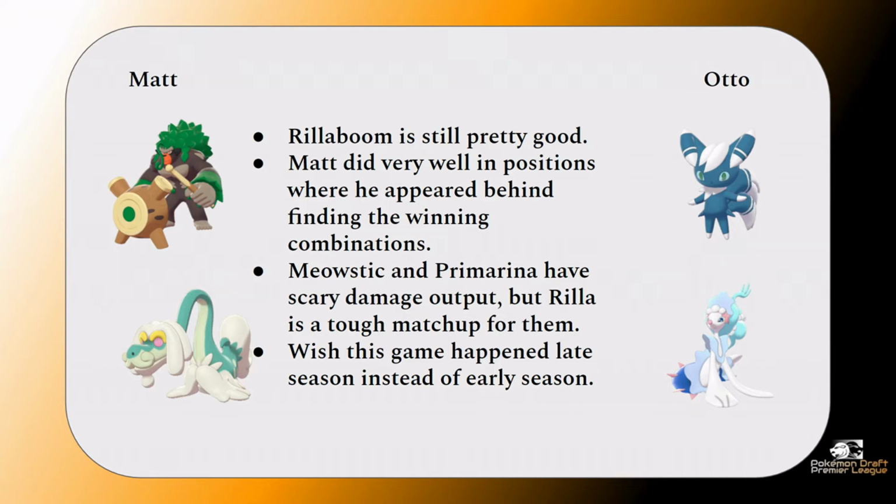Otto was having to rely probably a lot more on the Torn than he thought he would, and that let Matt pivot into a Trick Room mode as well, which could really take advantage of that Torn. So it was solid prep from both of them, but it just felt like the matchup advantage was in Matt's